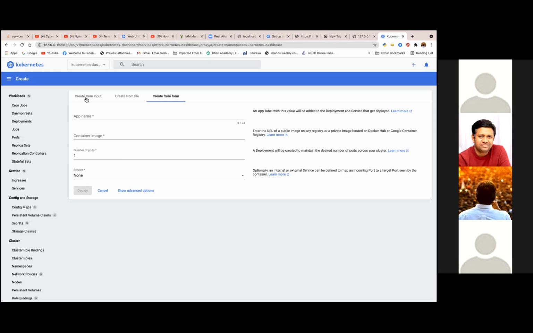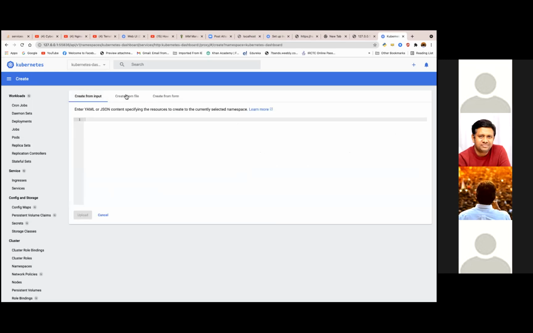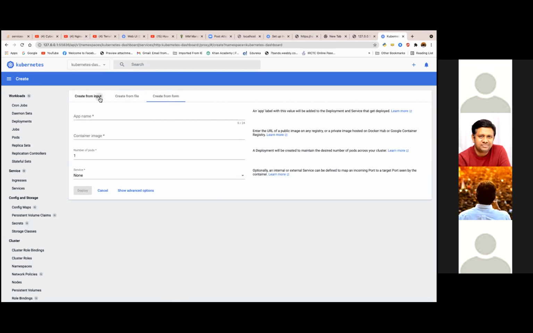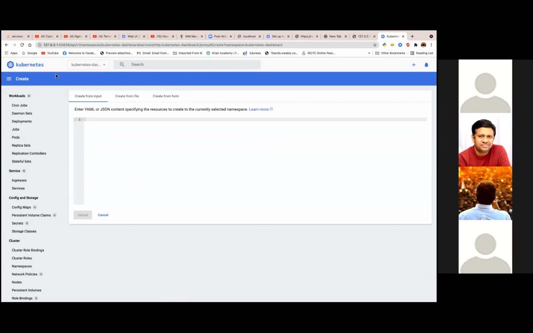Create from input. So you need to have Minikube, man. Then all things will work. But with the default Docker server, we will not have this many options. Okay. Can you share some YAML files we can play around with? So that's fine.